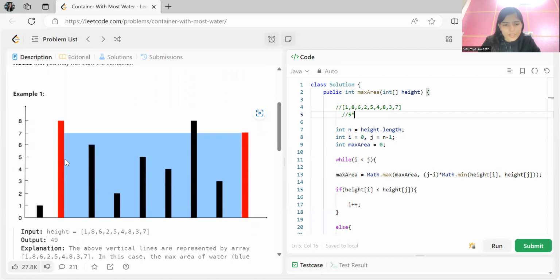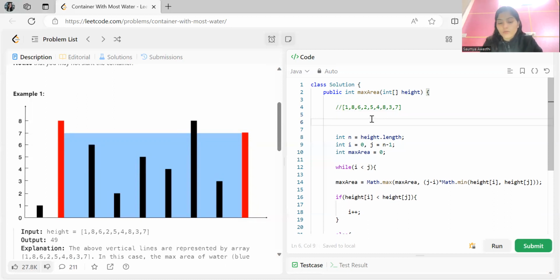So what would be our answer? Our answer would be 15, right? Because height we have determined and width we are determining by j minus i. So in that case, where we are considering all the possible lines, all the possible pairs that could be formed, what would be the sort of pseudocode or a quick idea I'm talking about?